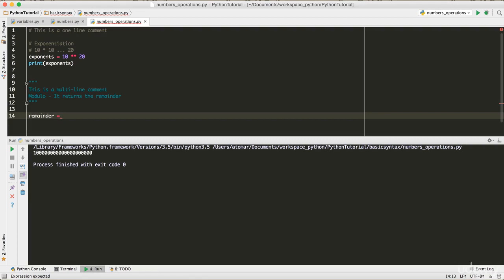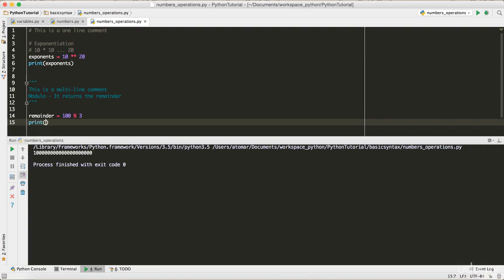So what I'm gonna do is, I'm gonna say 100 % 3. The percent sign is the symbol or syntax for modulo. And I'm gonna print the value of remainder. Let's see what it finds. Let's run the code. It finds 1, right? Why?